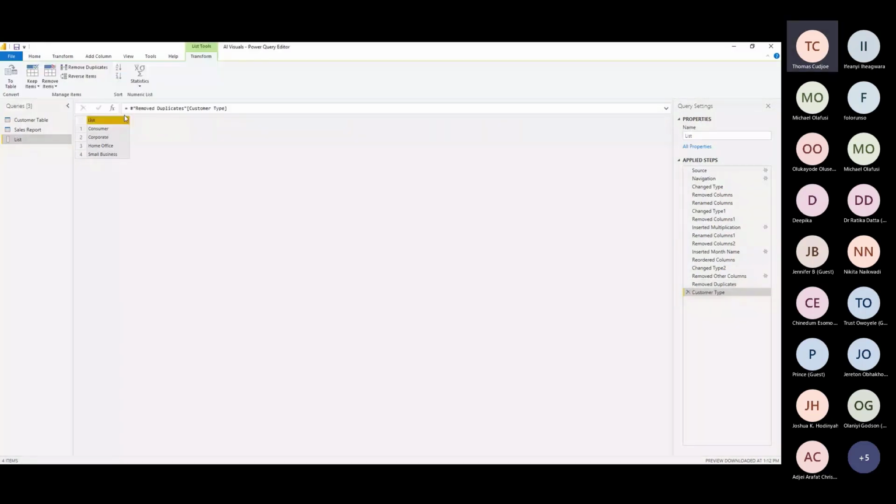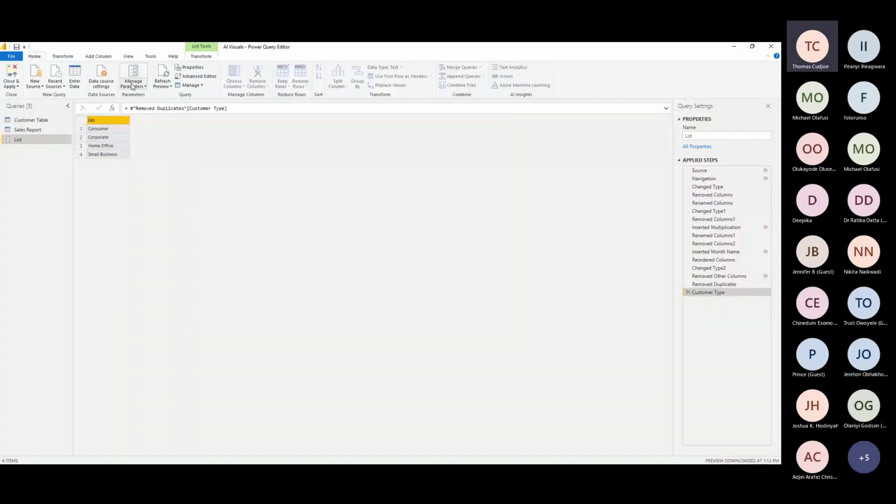Now, the next thing is to create the query which is going to make use of this list query that we have here. On the home tab, we have manage queries. This way we'll be able to create and manage all our queries or parameters. So I'll go to manage parameters and then click on new parameter. Here we are going to create a new parameter based on the list that we have here.